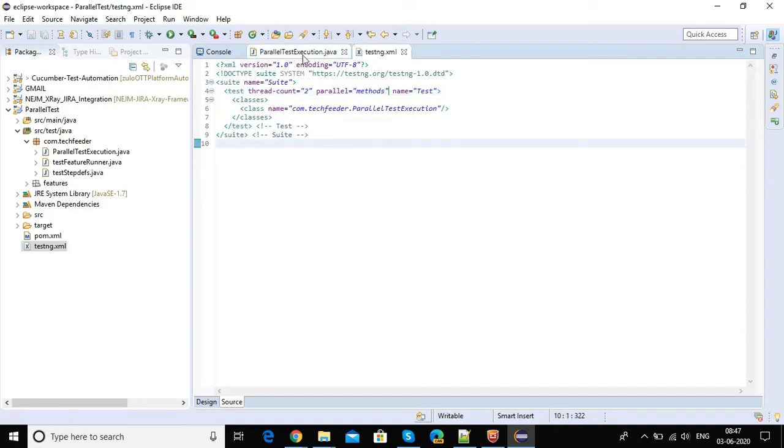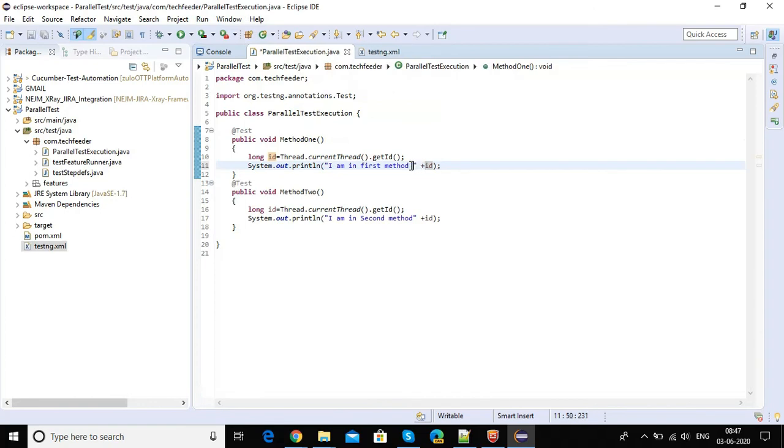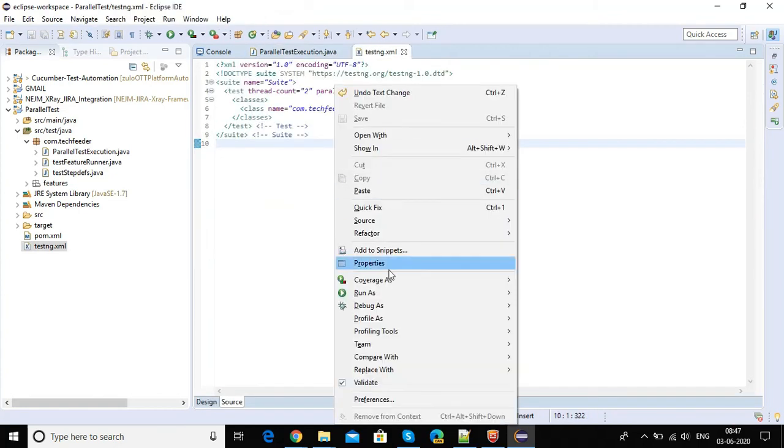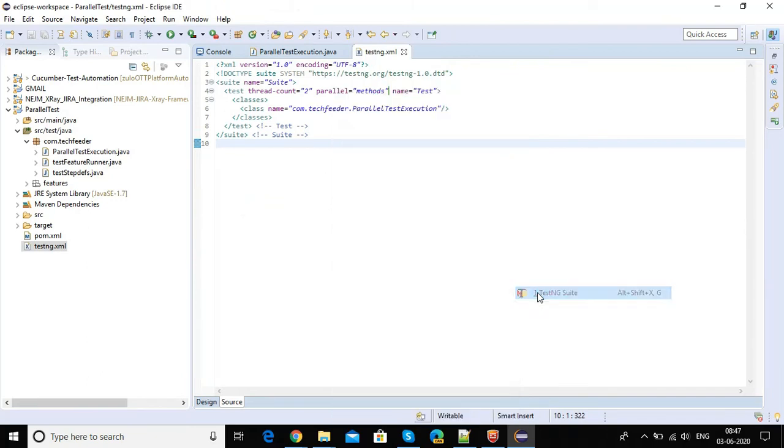Fine, the parallel test execution, and just create a pipe symbol so that it will be more readable. Run as TestNG. Fine. Wait for the execution and let us check what will be the outcome of this.